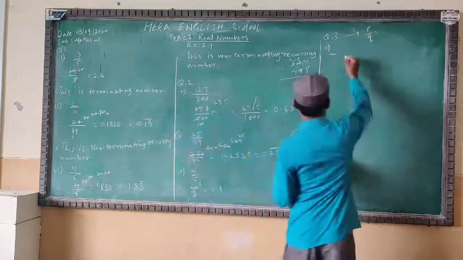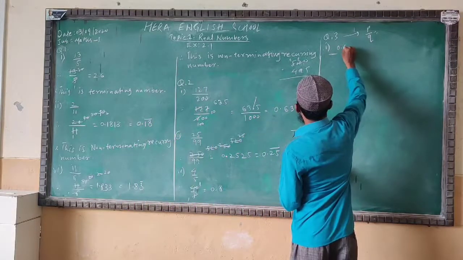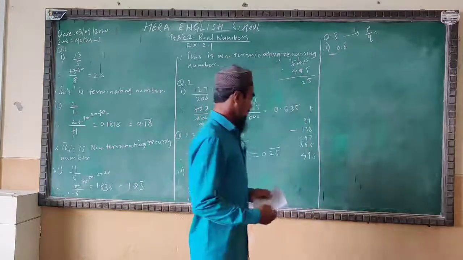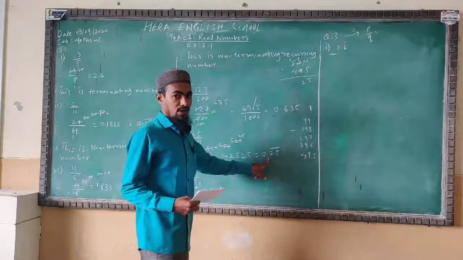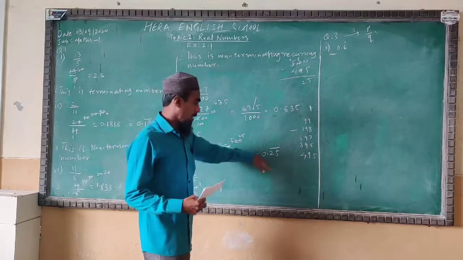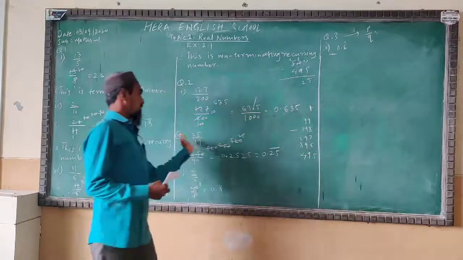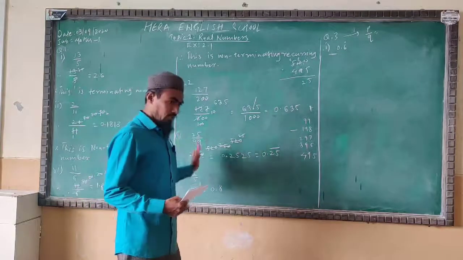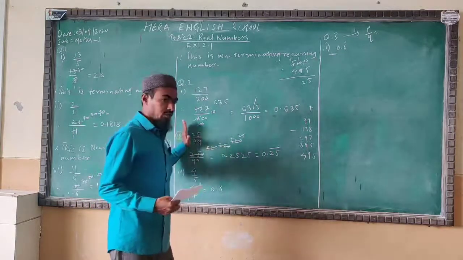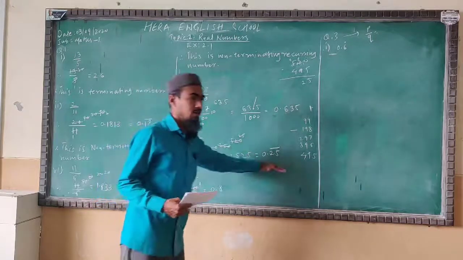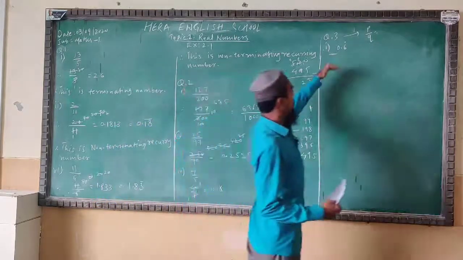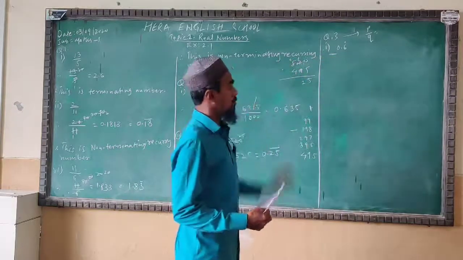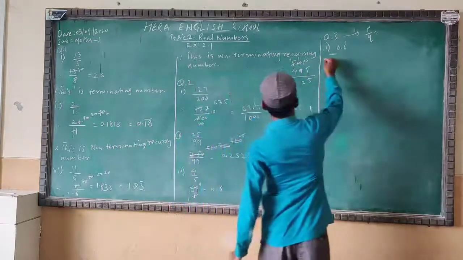The first question we have is 0.6 bar in decimal form. See here, this is 0.25 bar in decimal form; we take the number in fractional form as 25 upon 99. Before this, we were given the fraction and converted it into decimal. Now we are given the decimal and have to convert it into fractional form, meaning p upon q form.